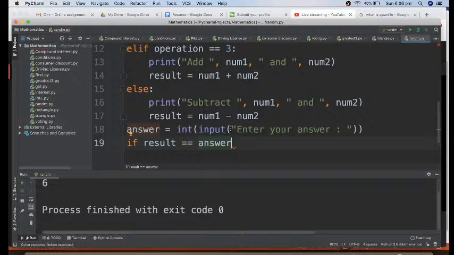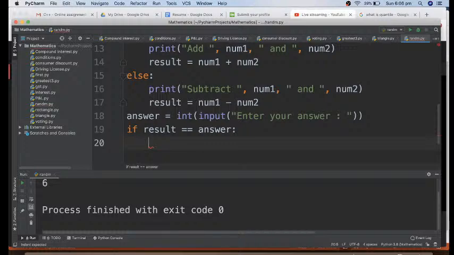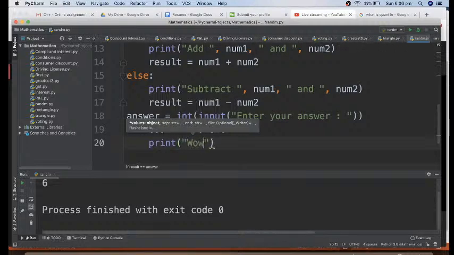So we don't know what the numbers are, or what the result of the calculation is. We have calculated the result, and then we are taking a value from the user as the answer. Now I'll compare if the calculated result is equal to the answer given by the user. If it is equal, that means the user has given the correct answer. So you can print something like, wow,